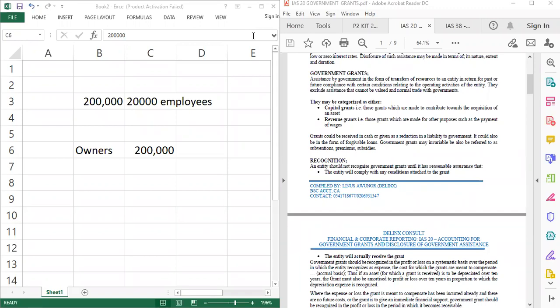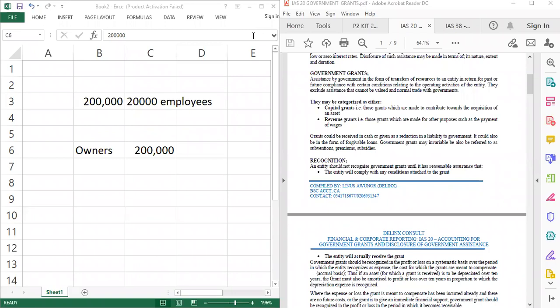I can also tell you that this is a form of new contribution by the owners. So they are introducing new capital through paying of the employees' expenses. So I can also decide to capitalize this and add it to their equity, because it's new capital they have introduced to the company. So in this case, instead of treating it as a donation, I will add it to their already existing capital, because this is a form of introducing new capital through paying the employees' expenses.